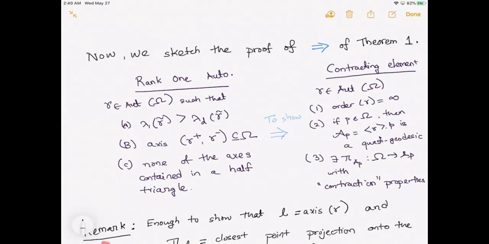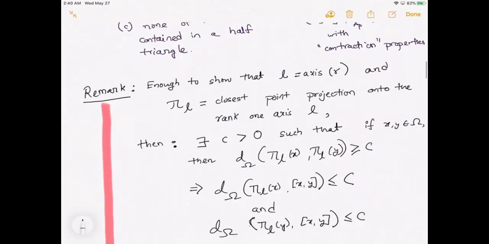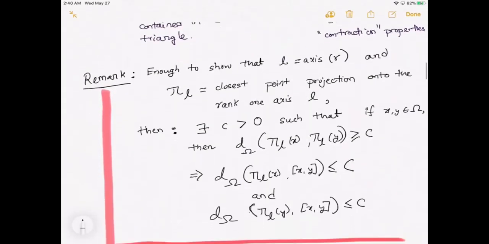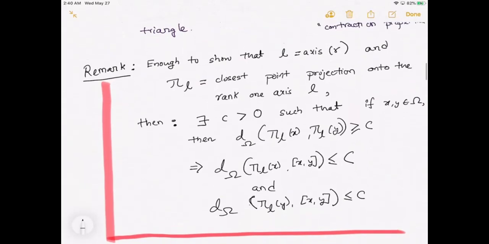The goal here is to show that a rank 1 automorphism is a contracting element. In order to prove that, some of the conditions that we have to verify are relatively easy. So we are going to concentrate on the interesting part of the proof. This is what this remark says. So the remark says that in order to prove that a rank 1 isometry gamma is a contracting element, it is enough to show that if L is the